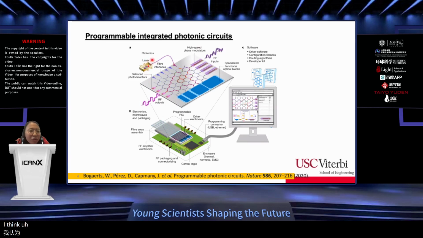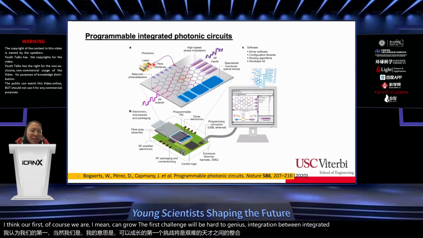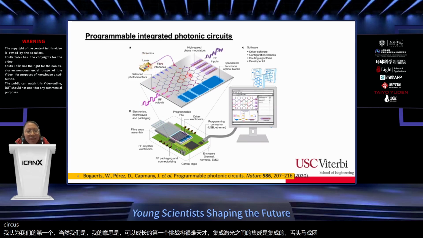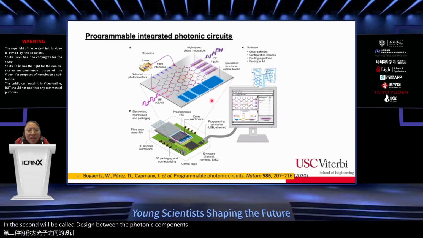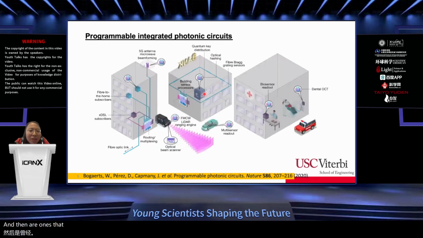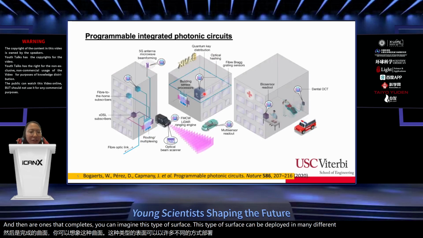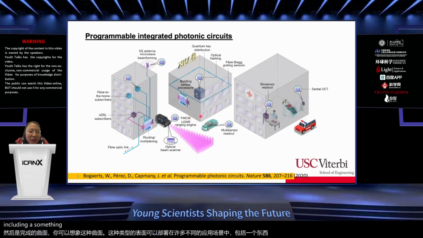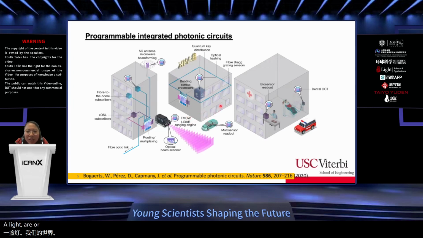I think first, of course, the first challenge will be heterogeneous integration between integrated lasers and the integrated photonic circuits. The second will be co-design between the photonic components and the electronic components. And I think the third part is really how we can build highly functional optical components, or how we can actually reprogram or route or generate this light on these photonic components. Once that's complete, you can imagine this type of circuit can be deployed in many different application scenarios, including sensing, LiDAR, or communication in many different